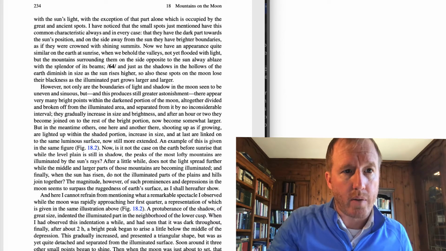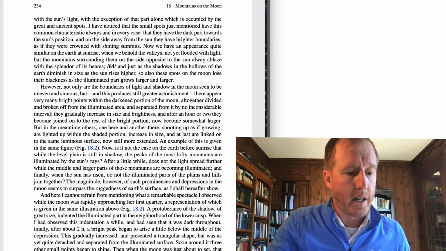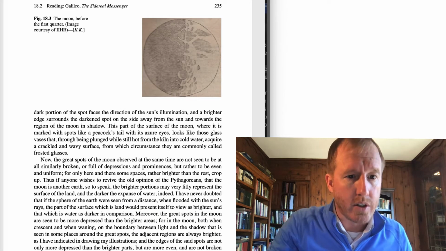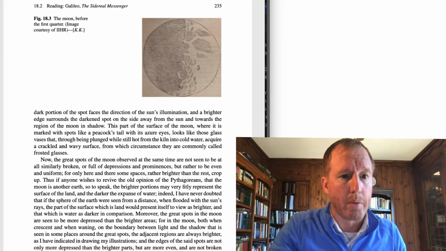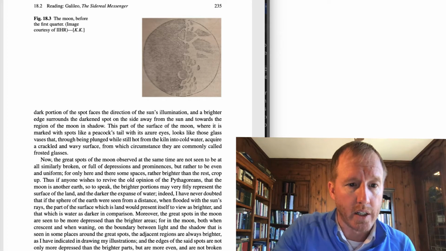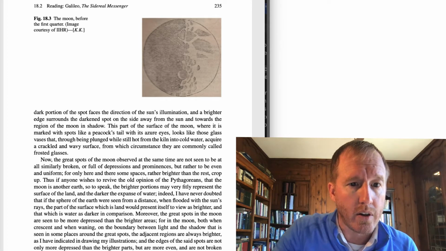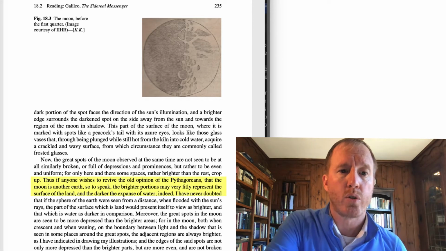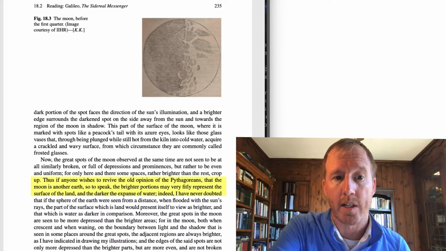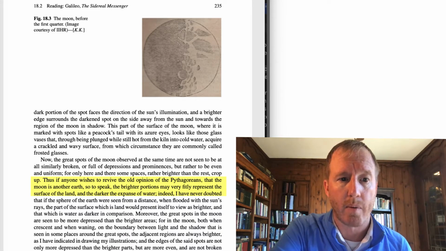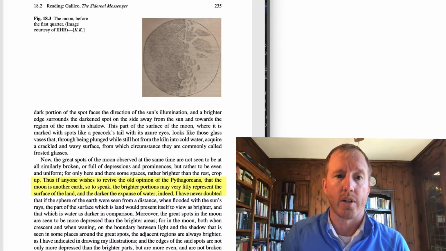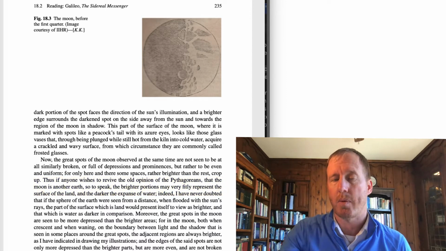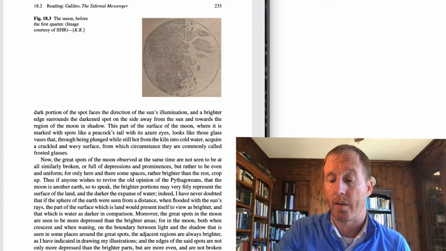He describes this in some detail on page 234, and on page 235 he mentions, interestingly, that the Pythagoreans believed that the moon was much like the Earth. He says, here and there are some spaces, rather brighter than the rest, they crop up. He says, thus, if anyone wishes to revive the old opinion of the Pythagoreans that the moon is another Earth, so to speak, the brighter portions may very fitly represent the surface of the land, and the darker the expanse of the water. So he's even speculating about the idea that the dark regions of the moon may even contain